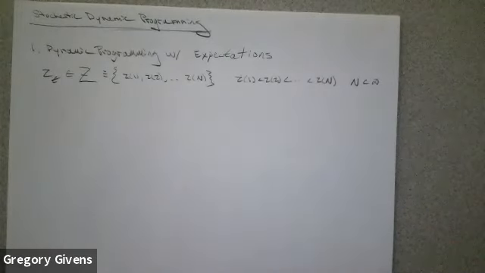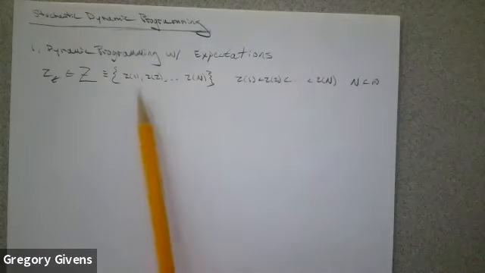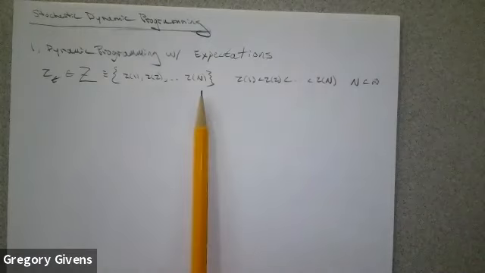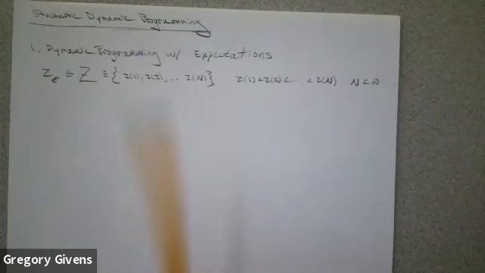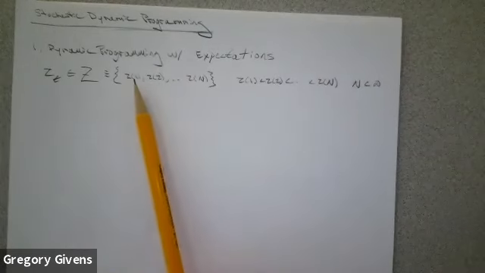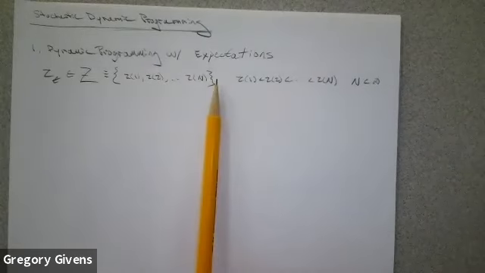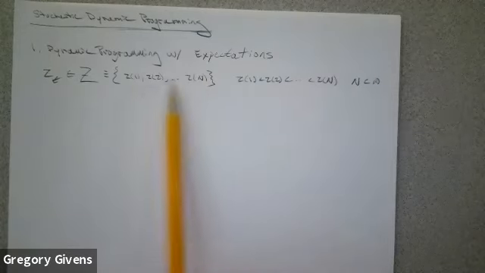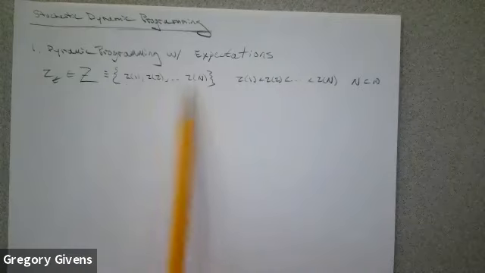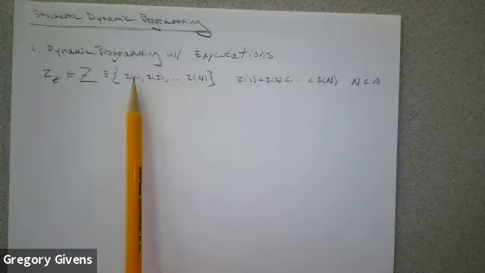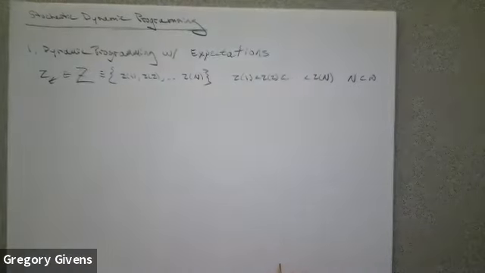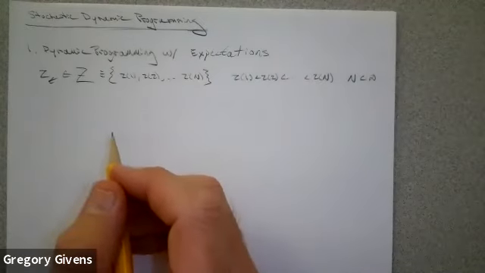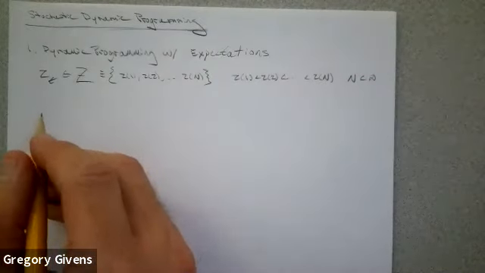Right, so Z, shake your head yes if you understand what I'm saying here. Z is a random variable, and in any given period, it can take on any one of these different possible values. We don't know ahead of time what it's going to be. It could be a low one, it could be a high one. But in any given period, we're going to take a draw from this distribution here. Well, this is not a distribution. This is the support of the distribution. All right. Okay, what does the utility function look like now?